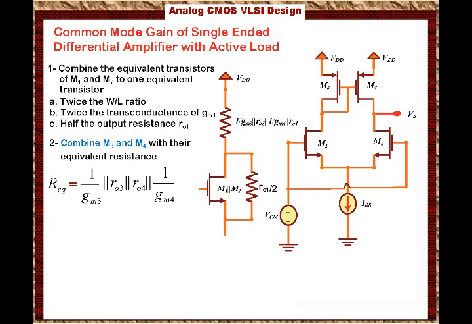When you simplify the math, and given the fact that 1/gm3 is approximately equal to 1/gm4, and 1/gm3 and 1/gm4 are much smaller than RO3 and RO4, then we can say that R equivalent is approximately equal to 1/(2gm3). Finally, remember the current source is actually a transistor that is biased to give us ISS. This transistor has an equivalent resistance, so we can say that the current source has an equivalent resistance RSS. Usually RSS is